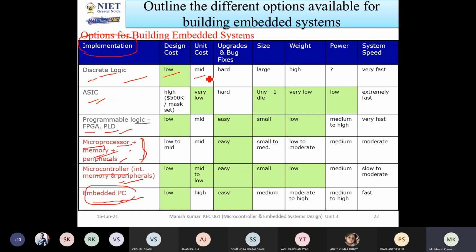Unit cost is in mid-range. Upgrade and bug fixes is very high. Size is large, weight is high. Power is not determined. System speed is very fast. So now, according to these constraints, you have to check which platform is suitable for your application of the